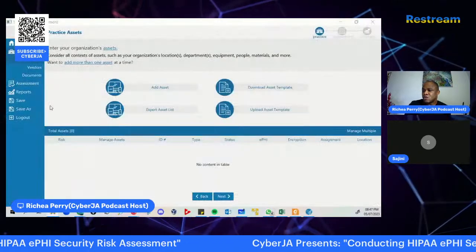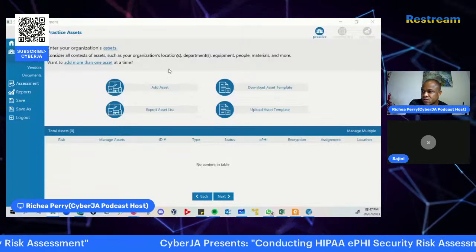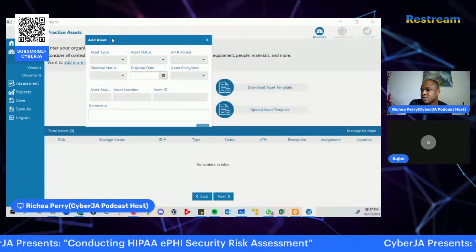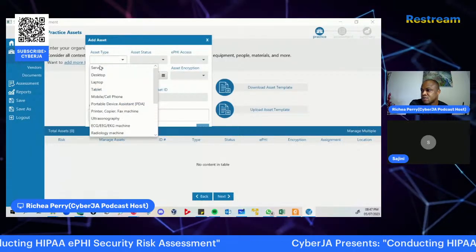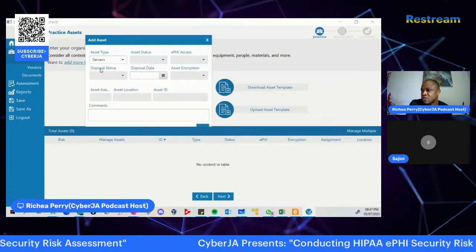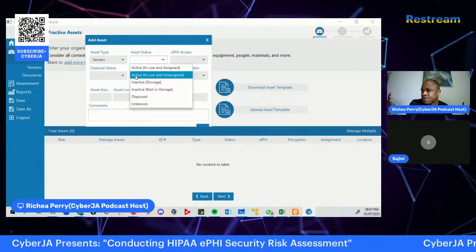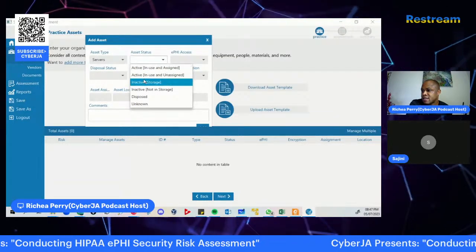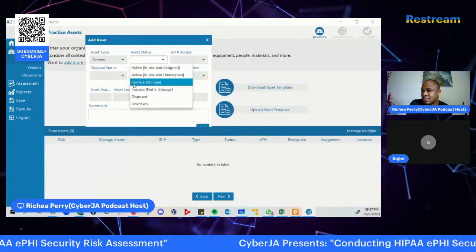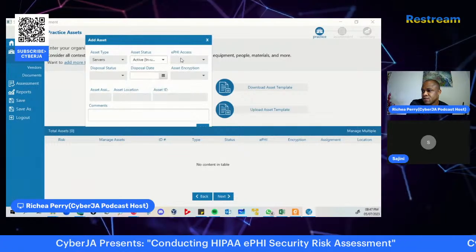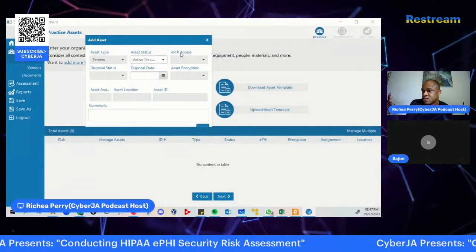Or you can also add these assets individually. So there you have the various asset types. So let us say we have servers. You can say these are active in use and assigned, active in use and unassigned, inactive, storage, disposed, inactive. Whether these are devices